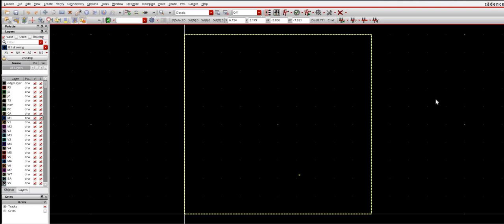Hello guys, in this short session we will try to learn how to calculate the density of a particular metal in a given area. You may have come across situations while working where you had to calculate the density of a particular metal in a given area. What should you do? You don't have to wait till the end of your complete layout completion to be able to do that,